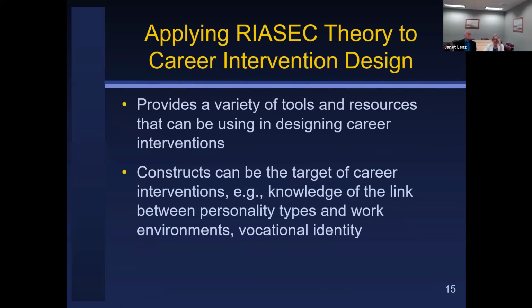In terms of Holland's theory, if you're familiar with it, he and his colleagues developed a variety of tools, from My Vocational Situation to the Self-Directed Search to the Career Attitudes and Strategies Inventory, and many others. You can say, I'm going to use these tools within Holland's theory to increase their knowledge about the schema around the world of work, how to think about occupational alternatives, how to increase my self-knowledge, and, as I mentioned, vocational identity. So you may choose as part of your design to incorporate some elements of Holland's theory as a way to document the impact of the intervention that you've created.